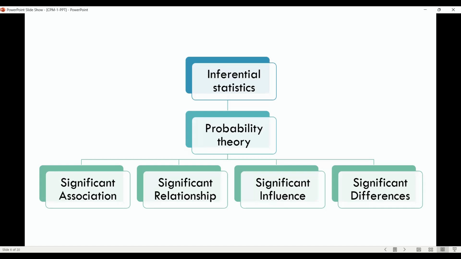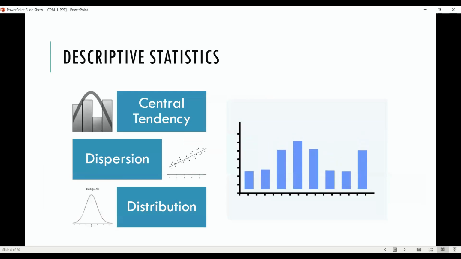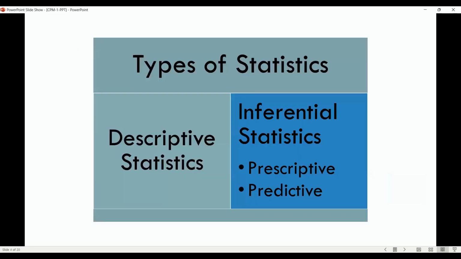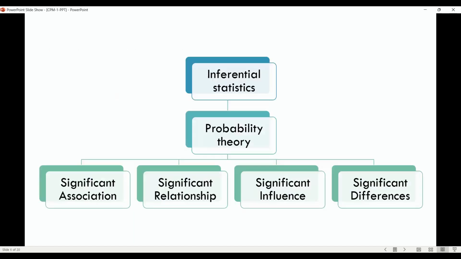When I talk about statistics, we do statistics only for these 5 reasons. What are those 5 reasons? First is to describe the data set, which is called descriptive statistics. And second, we try to identify whether the variables we are considering for the study have significant association with one another, or significant relationship with one another, or whether one variable is influencing another variable, or whether there is any significant difference in the variables. It is for these 5 important purposes we do the entire statistics. Statistics is as simple as this.